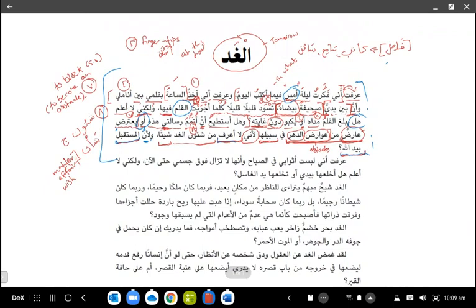Okay, so last week we said that the topic is al-Ghad. Al-Ghad means tomorrow. However, here in this context, it's talking about the future, right? Basically, what hasn't come yet, or what hasn't passed us yet. So al-Ghad is another word for, or in this case the author means, the future. So I'm going to read the first paragraph.